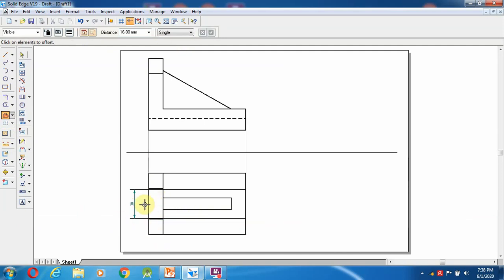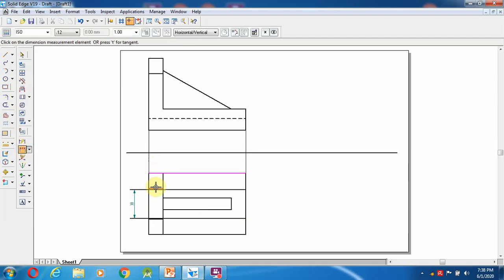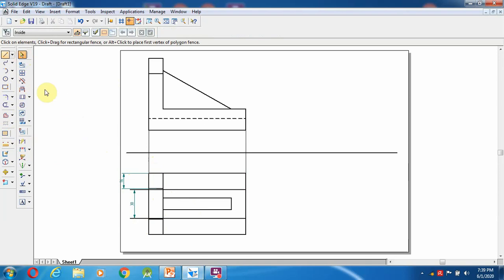So it comes over here. Same like here, we can measure the distance from this edge to this, almost 16 mm. Here it was somewhat wrong, so that's what we rectified. From this relation itself we can find where we made the mistake.